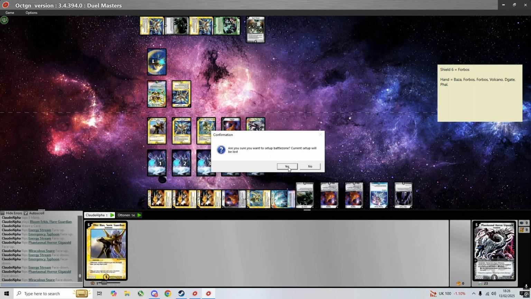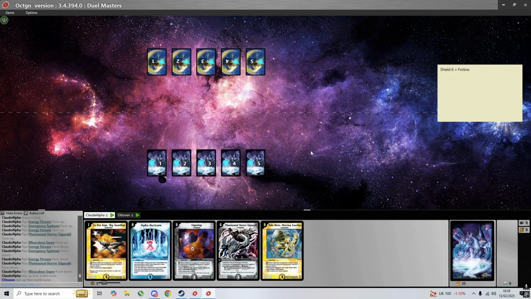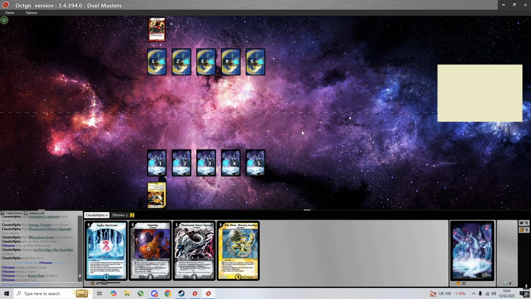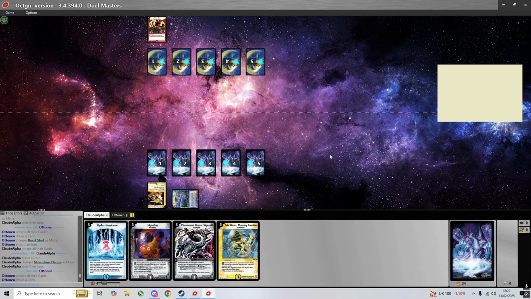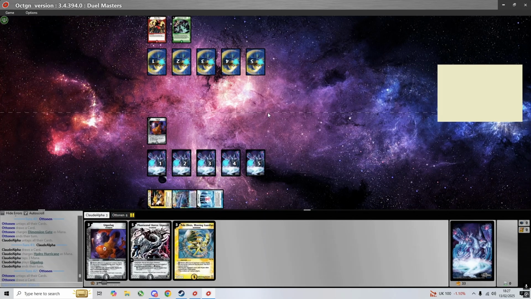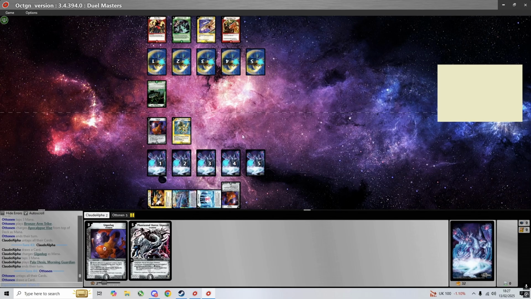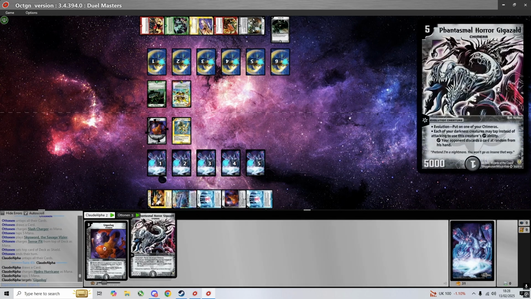And I lost the first game by deck out, unfortunately. Yeah, he had quite a few answers in the form of Terror Pit and Soul Swap in the hand, so even after the discards he still had more answers, so